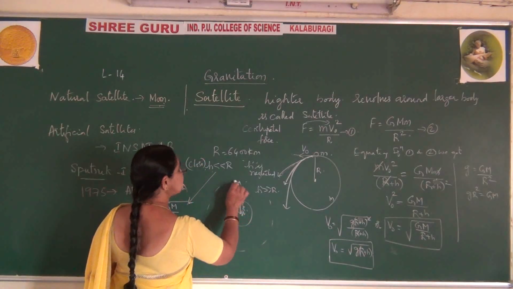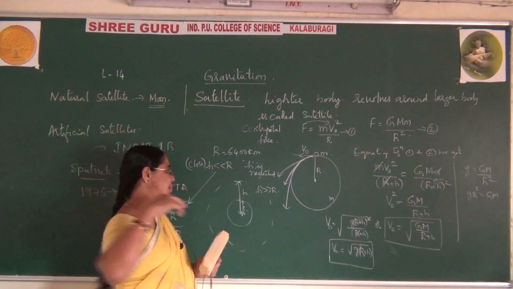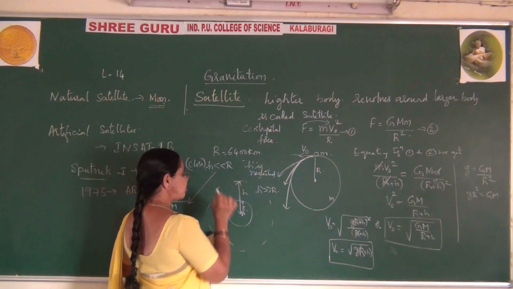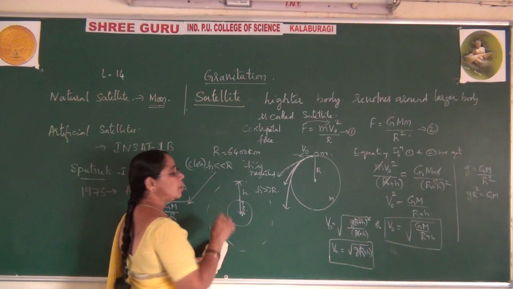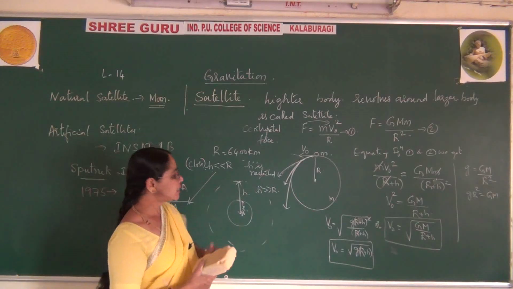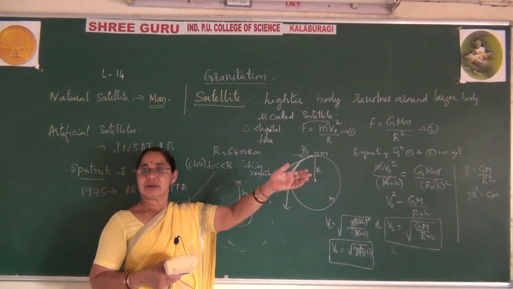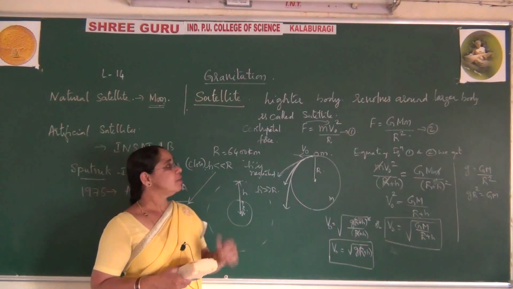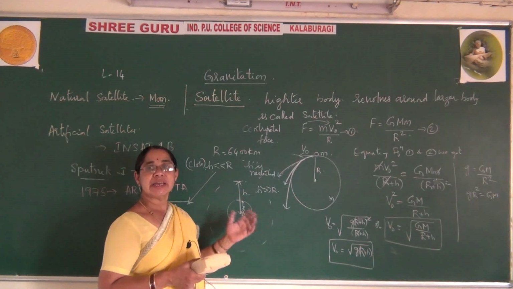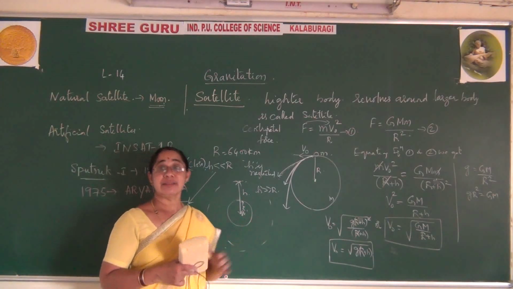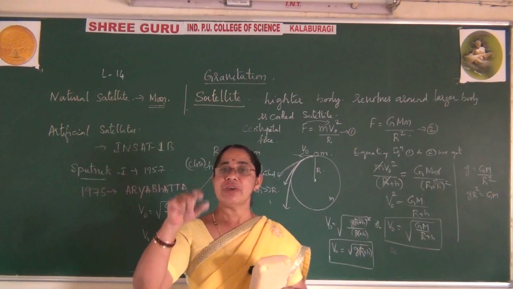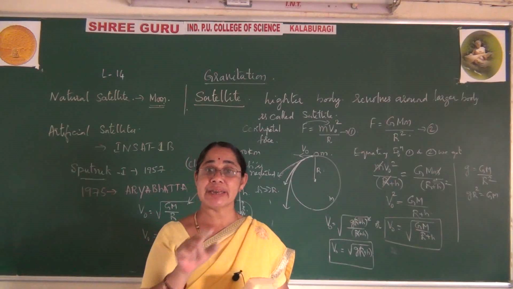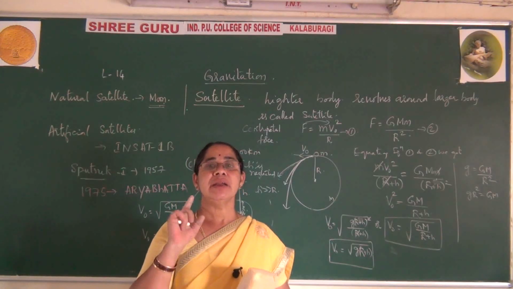If it is far away from the surface, at some height, naturally the gravitational pull will become very less, because as it moves away it crosses the gravitational field. When gravitational pull becomes very less, naturally the speed decreases. At that time our satellite will move with very slow velocity, with less velocity. Our satellite moves very slowly around the Earth.